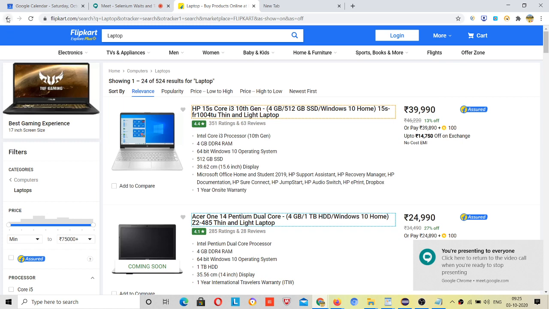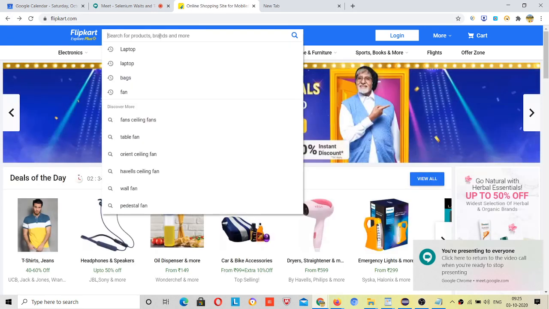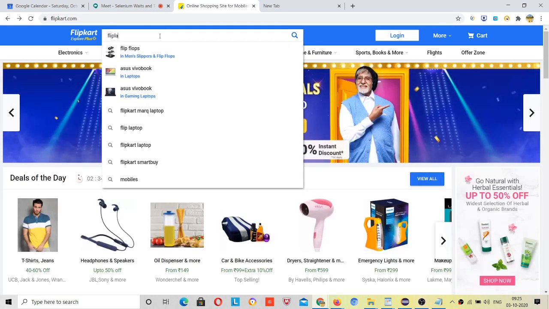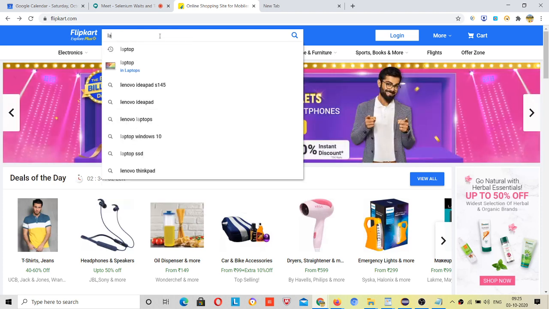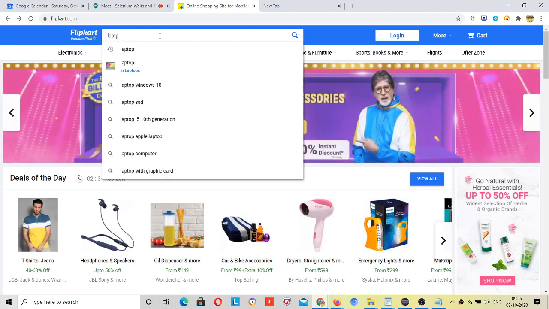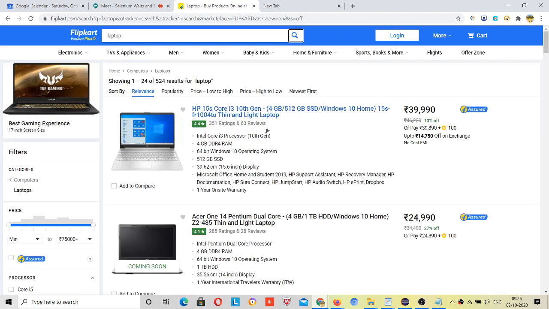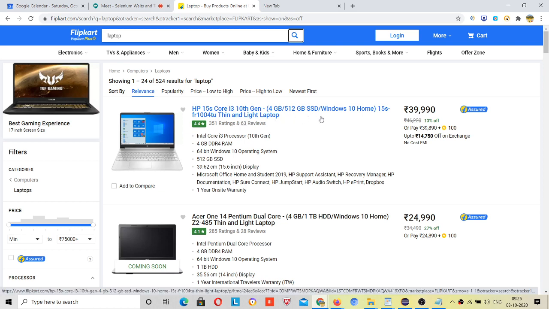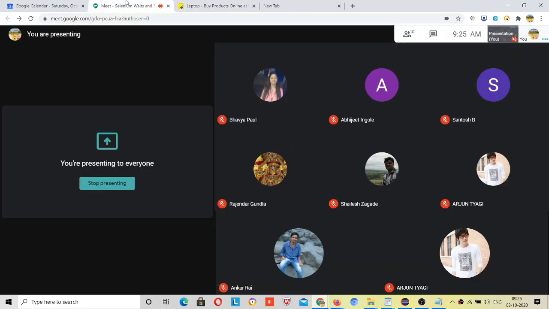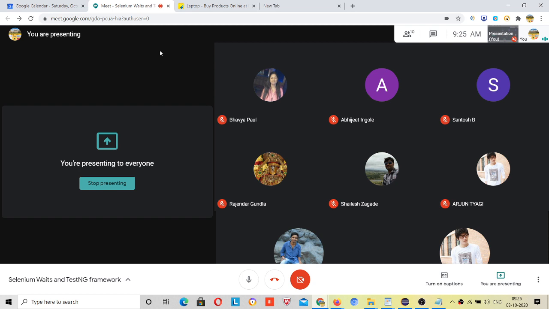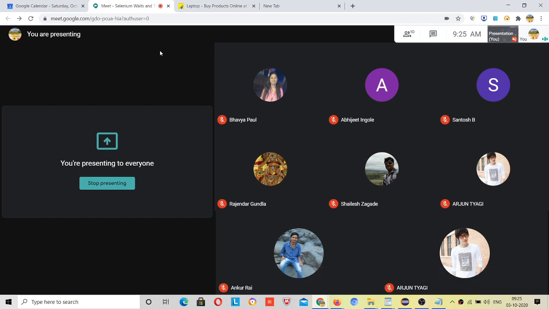Let me click here, on Flipkart, sorry, laptop. Are you currently seeing any data over here? No. Let me now click on the search button. Now this data is there, although this is static, but at runtime it decides how many div tags should be created as per the data available, right?